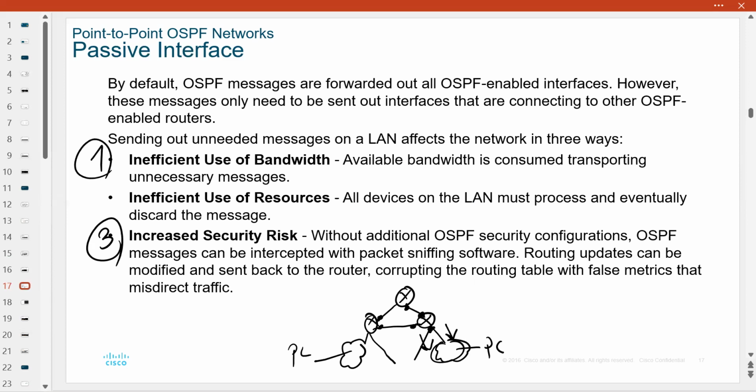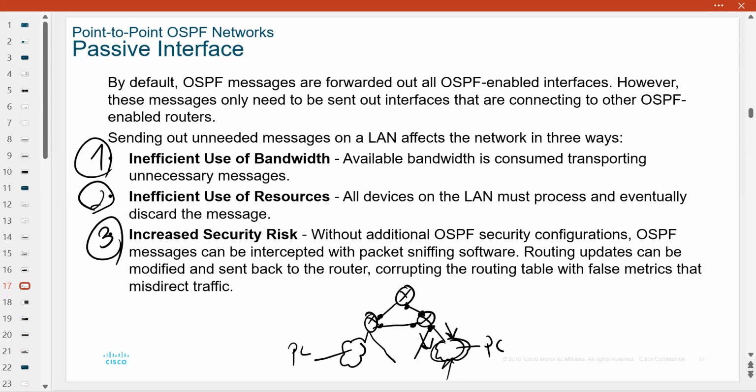And problem number 2, inefficient use of resources, because devices here will continue discarding all those messages because they don't know how to use those messages. So to not allow messages to go to those interfaces, we have a command which we use